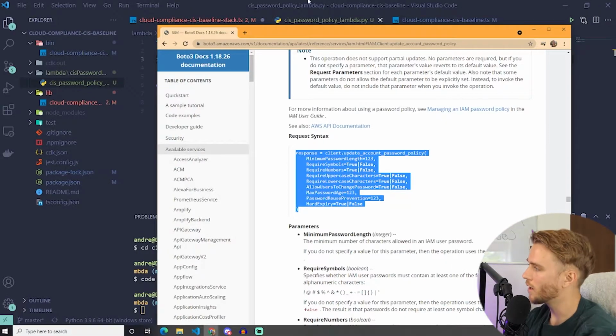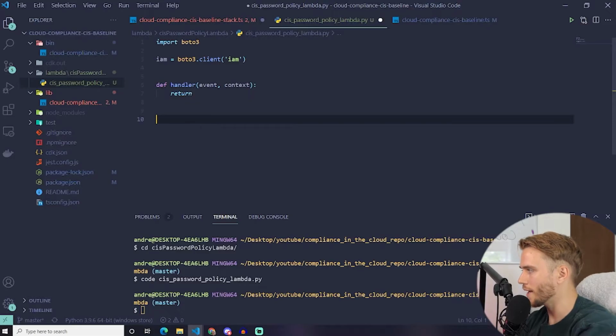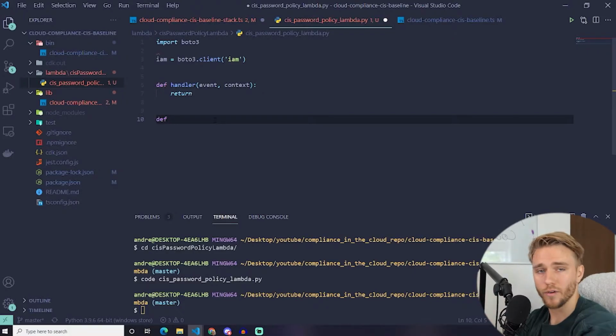we need to do. But if we come back to our actual function here, I'm now going to create a new function in order to pass it to our handler function. Now you could essentially just create everything under the handler function if you wanted one giant function, but I don't think that's a great use of the functional programming language that is Python. So let's create a new function here and title it update policy,